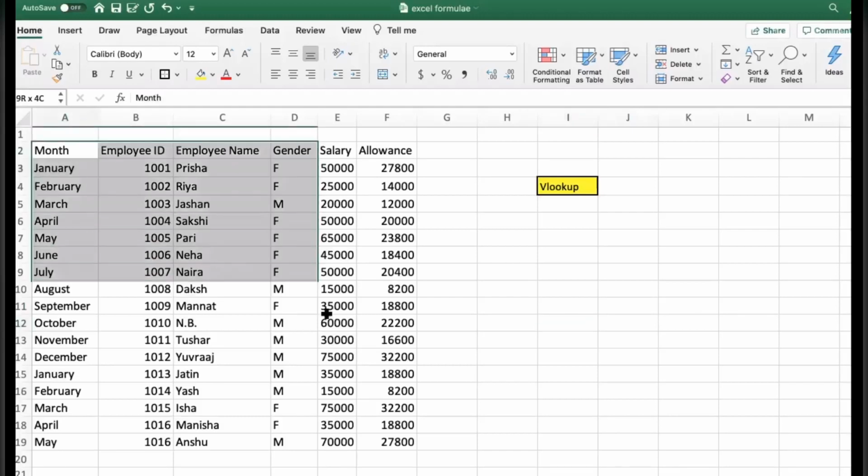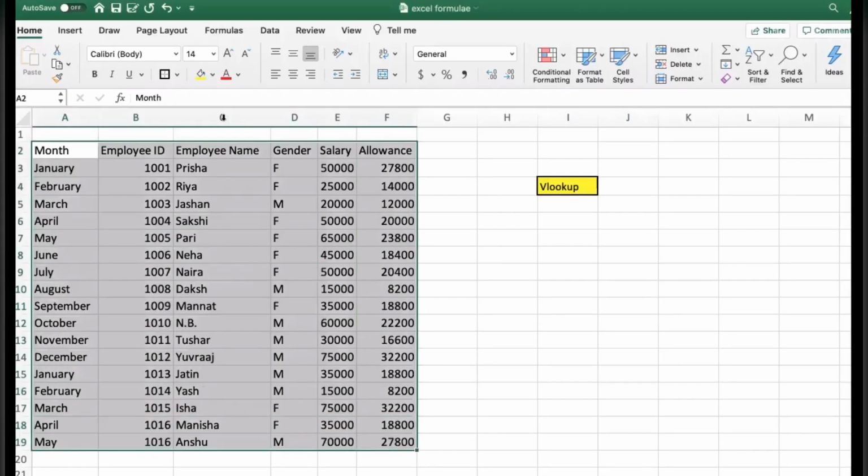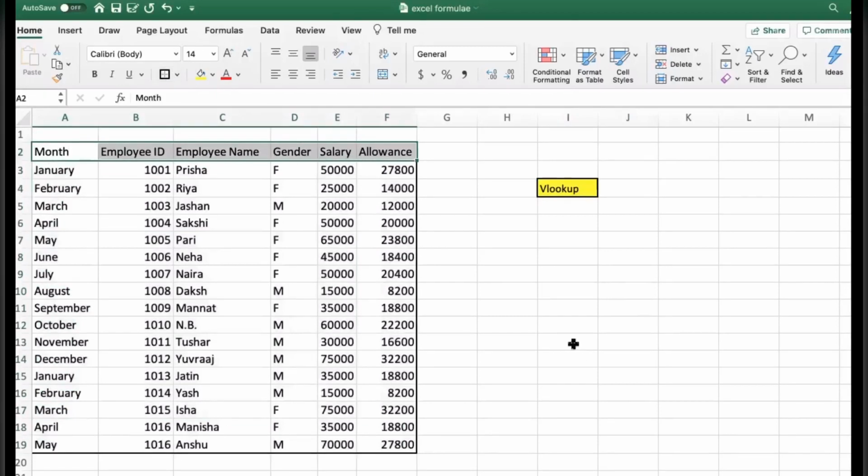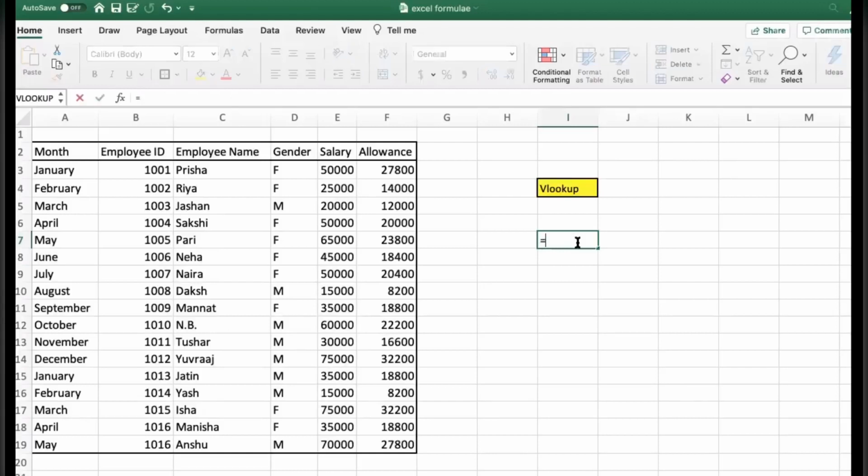We have this information that we will use today for finding out the information, and I will tell you how we can extract the information using VLOOKUP. Okay, let's start. How can we apply this function? We first have to put our formula, and as you know, we always start with equals, then we enter the formula VLOOKUP. Then we give the command.